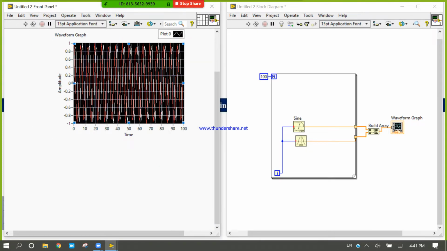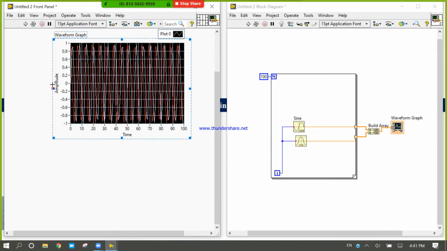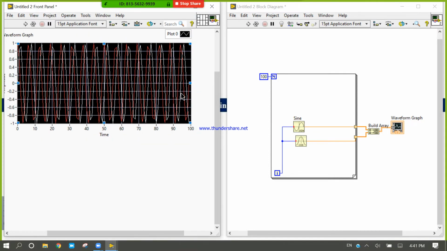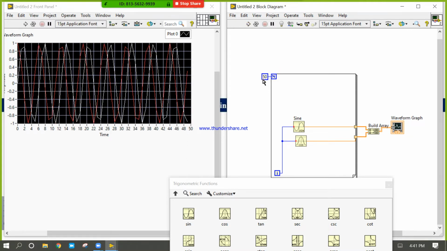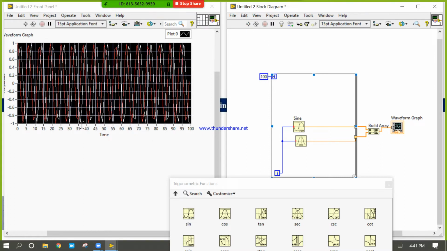There are two waveforms. One is for sine and one is for cosine. 100 is better.